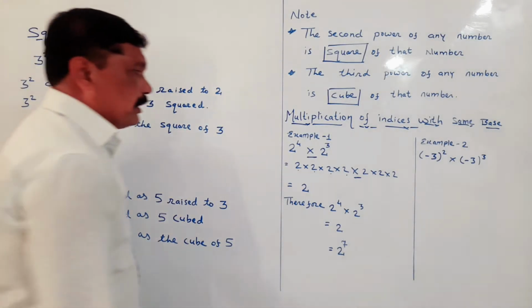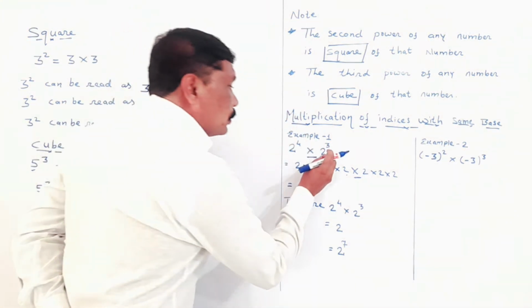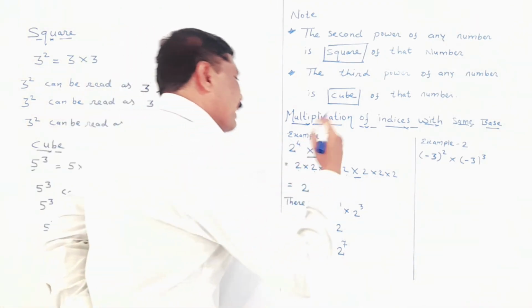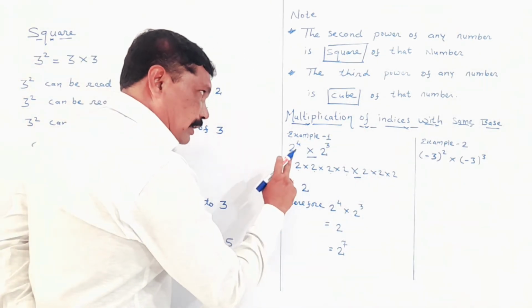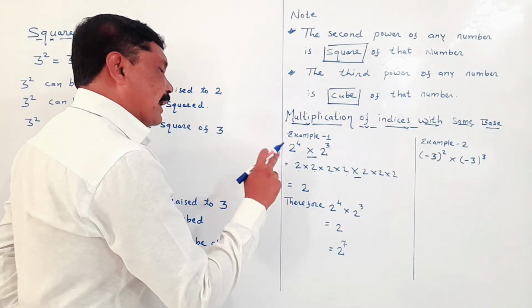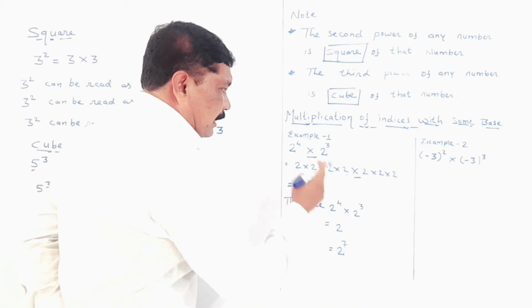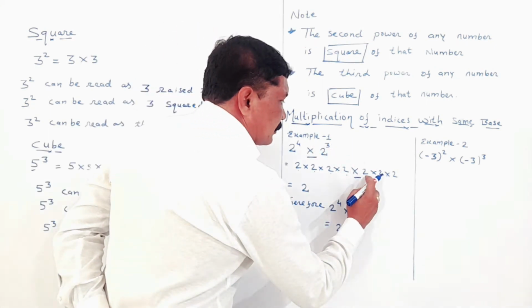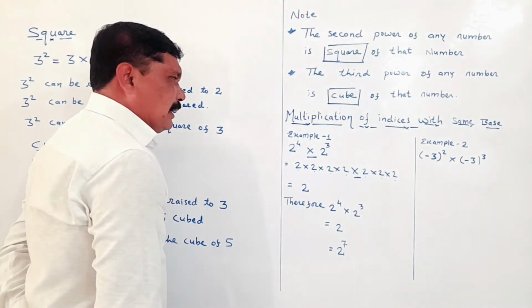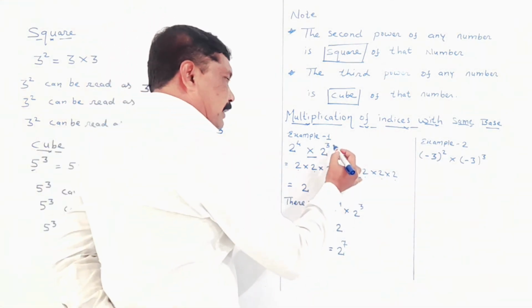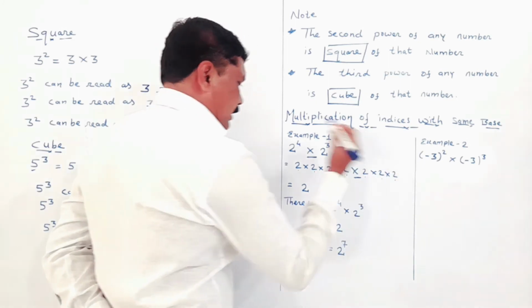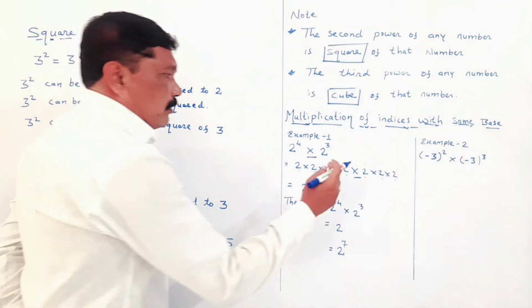So, we know 2 raised to 4 can be written as the base again and again 4 times. So, we can write 2 into 2 into 2 into 2, 4 times. Here, my dear student, there is a multiplication sign, so we will take the multiplication sign. Now, my dear student, the next number is 2 raised to 3. And the base we have to write again and again, and the base is 2. 1, 2, 3. My dear student, here the index is 3. So, we have written the base 3 times.